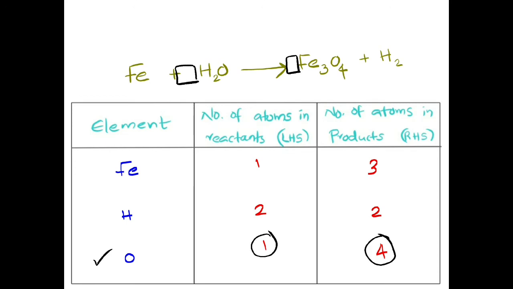So in order to balance this equation, what we will be doing is, we will convert this 1 into 4. When you multiply 4 with 1, you will get 4. So we will be adding 4 in front of this compound. When you look at this reaction, the number of oxygen atoms in the reactant side is 4. So we can say we have balanced oxygen.